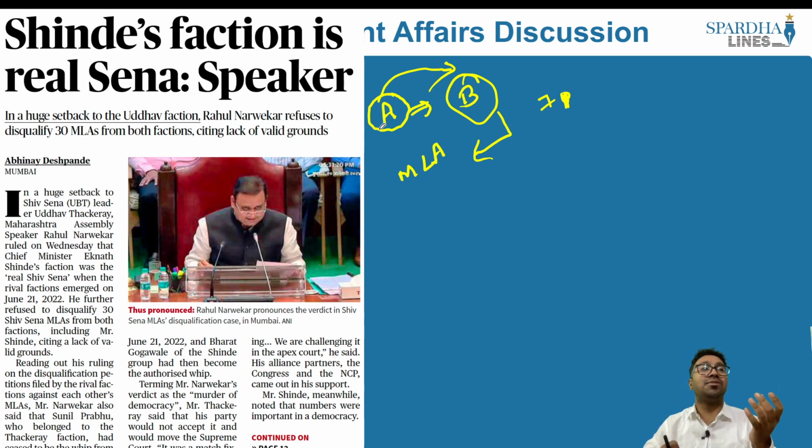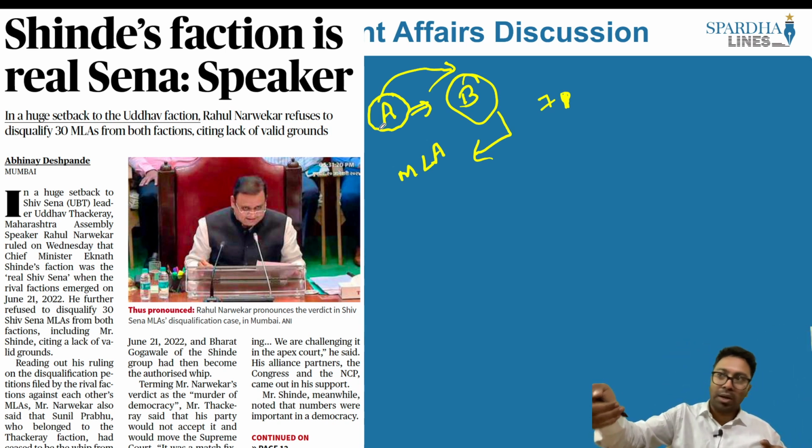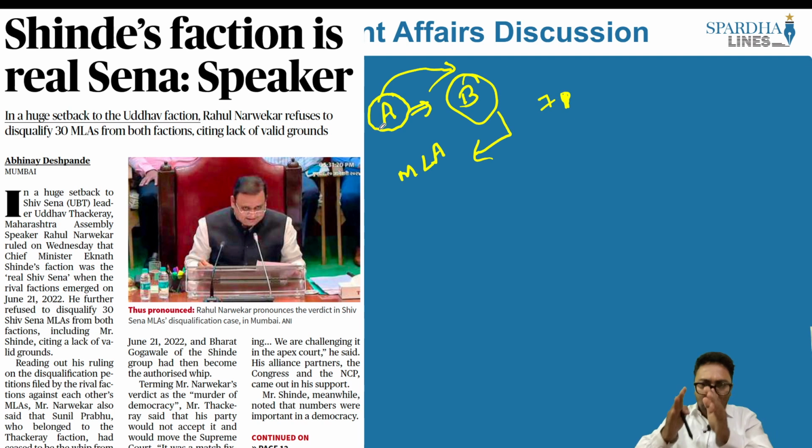Who is the real Shiv Sena? Is it the one led by Uddhav Thackeray ji, or the one led by Eknath Shinde ji? Ultimately they come to a conclusion. The speaker was issued directions by the Supreme Court, and now the speaker has come to a conclusion and he says that Uddhav Thackeray ji's